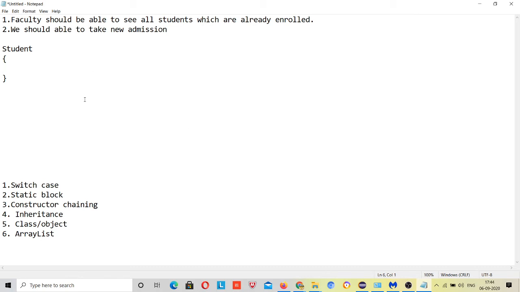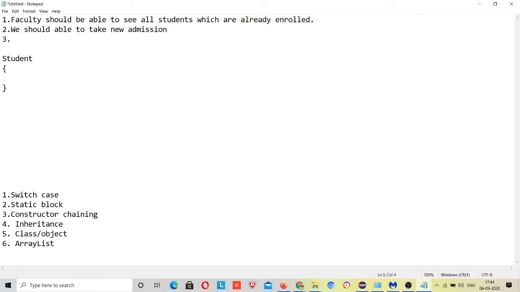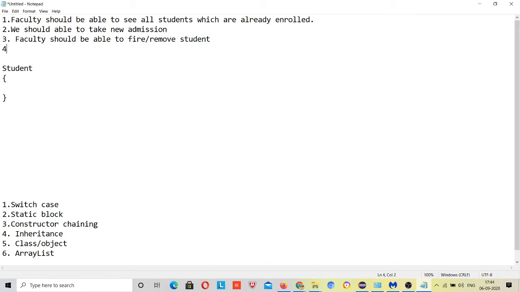Suppose what I want to do, and what the requirement actually is, is that the faculty should be able to fire or remove a student. What query would remove a student? This will be your assignment. Some part I will be completing here, and some part I will leave to you guys to complete, so that you keep on practicing. If you are not able to do it, then Simit will help you to complete this, right? And one more related assignment will be here also.